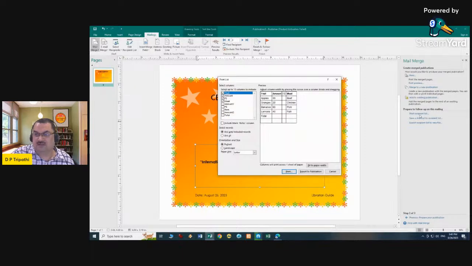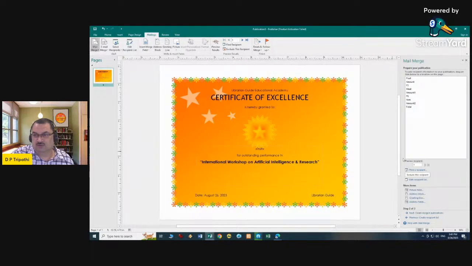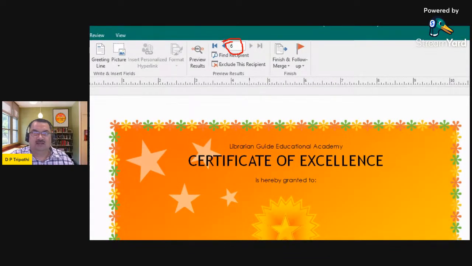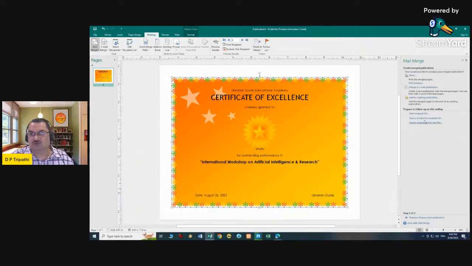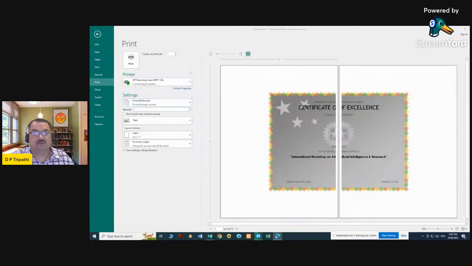So you can prepare it. When you move to the next, you will see that it changes the number also, and it will keep showing the next option. Finally, when you are done, you just print it. This will print the list of all the participants who are added in this. Since it is broken into sheets, because my template I think was divided into two parts,